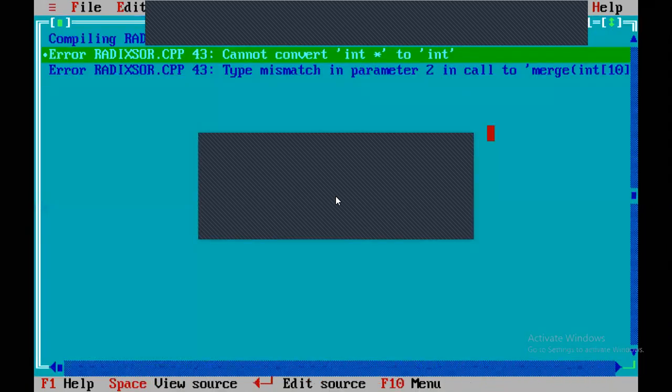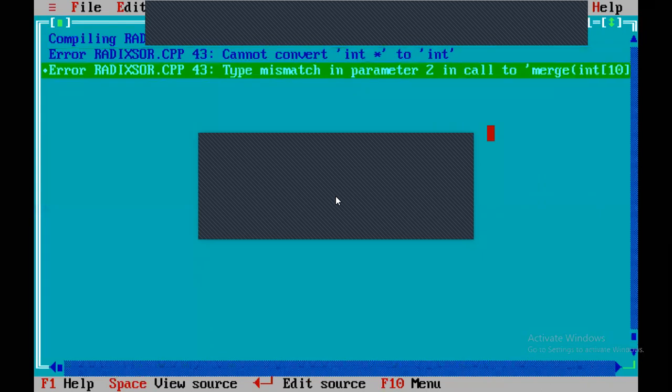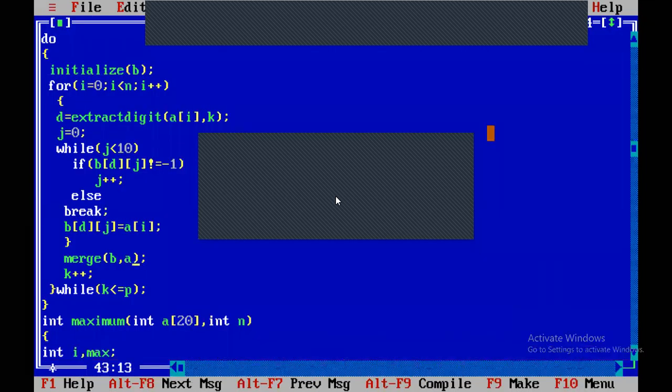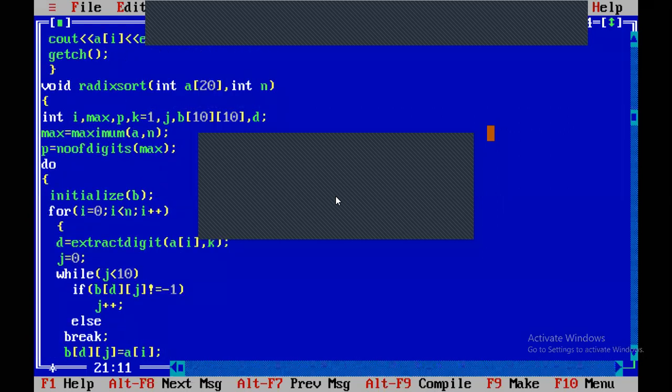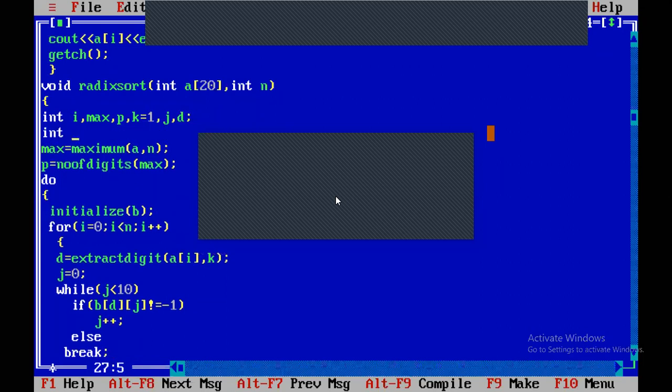Two errors: int to int. Merge. Oh, one dimensional array is written. Merge b comma a. What is b? A two-dimensional array, int b of 10 rows, 10 columns.